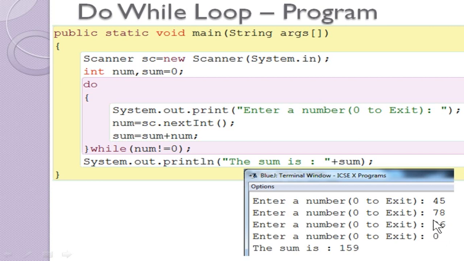Again your input is 36, that will be added into the sum. It checks whether 36 is not equal to 0. Yes, it is not equal to 0. So it goes on, and in the next statement it will input the value as 0. Once it is 0, it will add that 0, since adding 0 to any number doesn't make any difference. After which it will check the condition 0 not equal to 0. In this case, the condition is false. So once the condition is false, it stops the loop, comes out and then prints the sum of the given numbers. Whatever numbers you entered will be added and it prints you the sum.